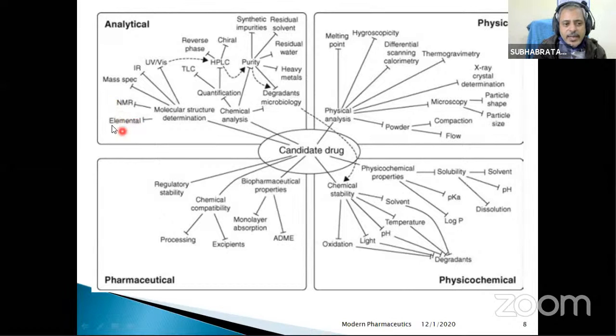So elemental analysis needs to be done to know which elements make up the drug compound or the prospective drug compound. In order to understand the structure of the drug, we need to go for NMR. It may be different types of NMR, hydrogen NMR or carbon NMR, that is to understand the carbon structure. There may be phosphorus present in some molecule, and therefore we need to go for phosphorus NMR. And similarly, different types of elements present need to be understood from the elemental as well as NMR studies,